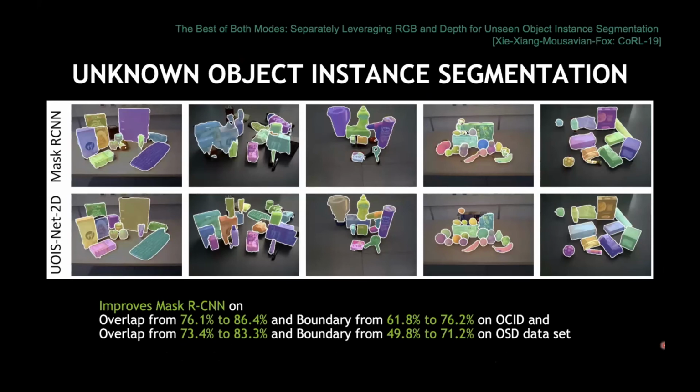And this is work that Chris Chi did, a student of mine at UW, who had a paper on this last year, that is trained also in simulation to segment typical tabletop cluttered scenes, as you can see here, based on color and depth data. The results we're getting with this network were significantly better than those achieved if you would just retrain Mask RCNN. I encourage you to take a look at the paper if you want more detail.